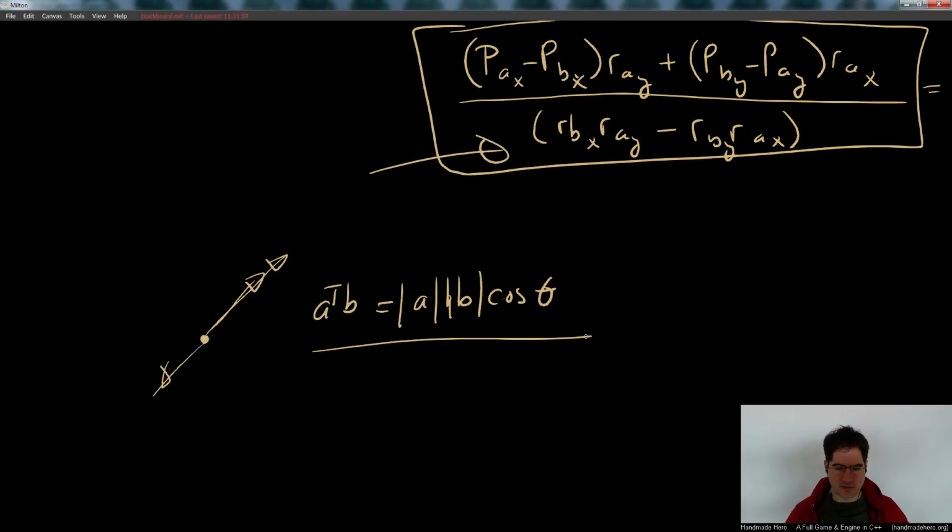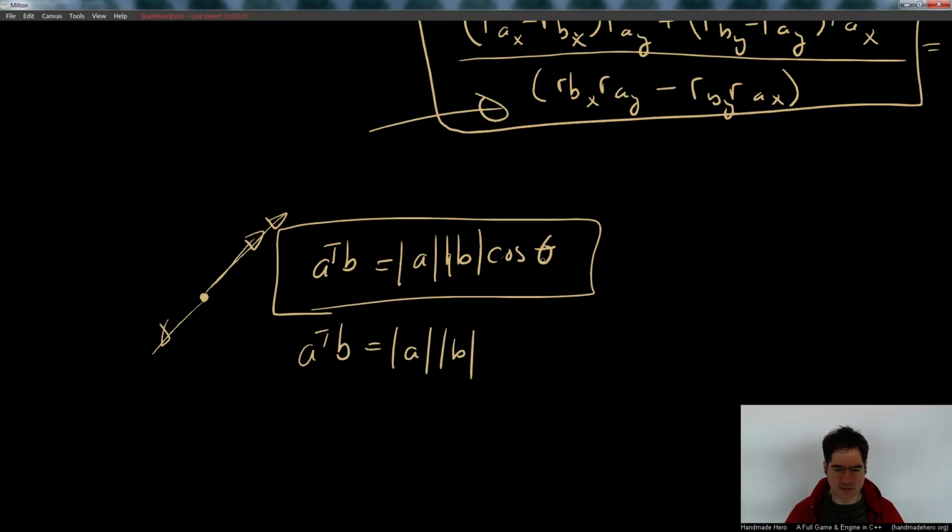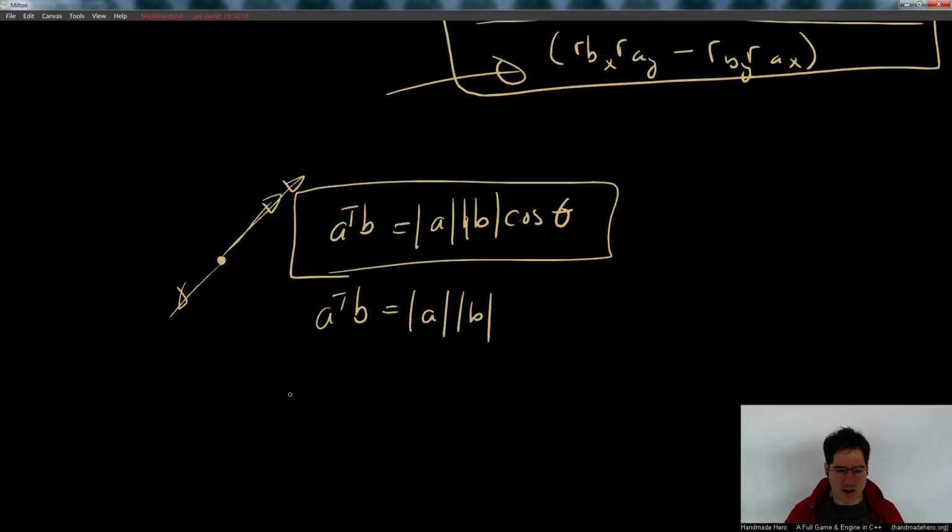We know that this is the fundamental equation for our dot product. We've been over it tons and tons of times. A dot B equals length of A, length of B, cosine theta, right? So we know in this case the cosine theta term is going to be 1. Right? So we know that A transpose B is just going to be equal to length of A, length of B in this case, and the cosine theta term goes away, which is to say that AX